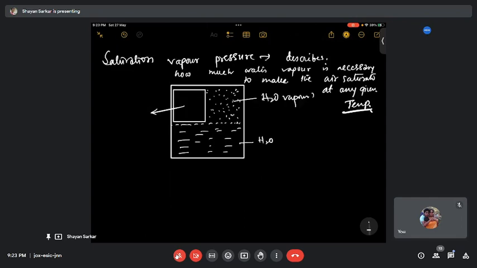Okay, that is saturation vapor pressure. Or we can say, suppose this is SVP. Okay, SVP, we will use SVP as the short term. So SVP